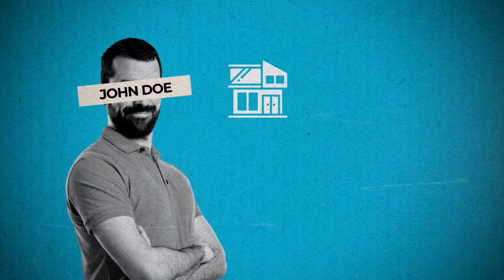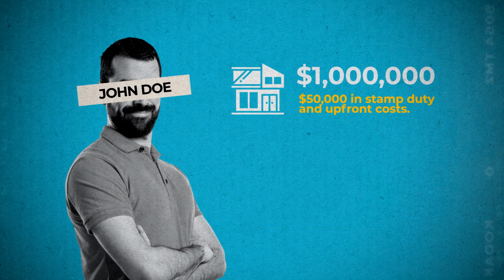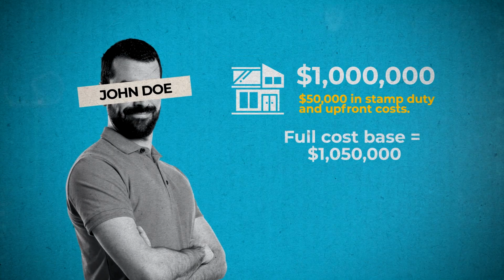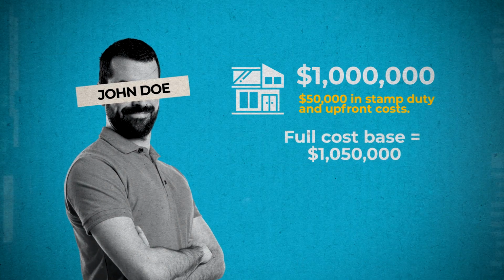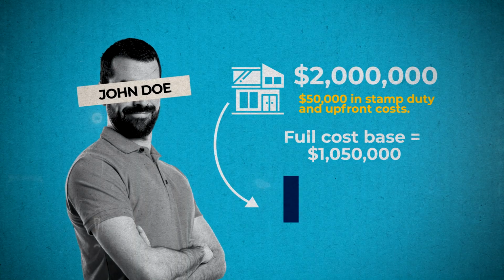Let's say John bought an investment property for $1 million and paid $50,000 in stamp duty and other upfront costs. That means his full cost base for the property is $1,050,000. Years later, he sells it for $2 million. His total capital gain is